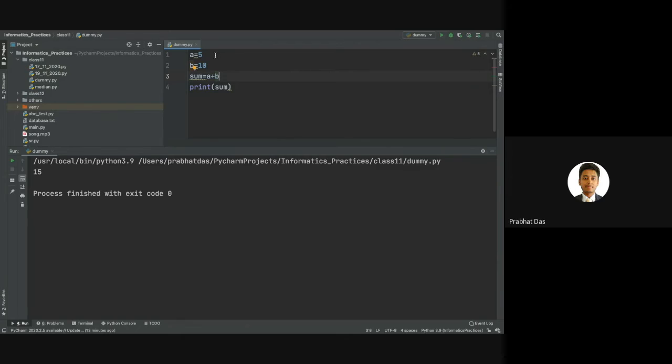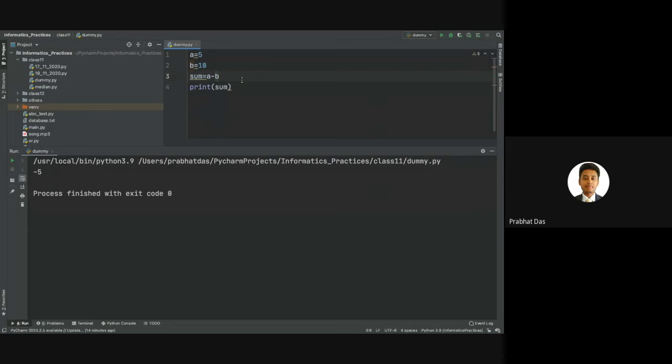Here a is equal to 5 and b is equal to 10, and yes, this is an example of arithmetic addition. Okay, so if we need to perform arithmetic subtraction, in that case we'll be using this symbol. Let's say a minus b. Here we have performed the subtraction of these two numbers, 5 and 10. So the moment we execute the code, we get the output as minus 5. The reason is that it is performing 5 minus 10, so we are getting a negative integer. So this is an example of arithmetic subtraction.